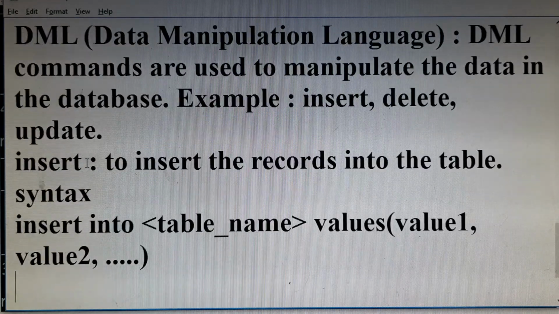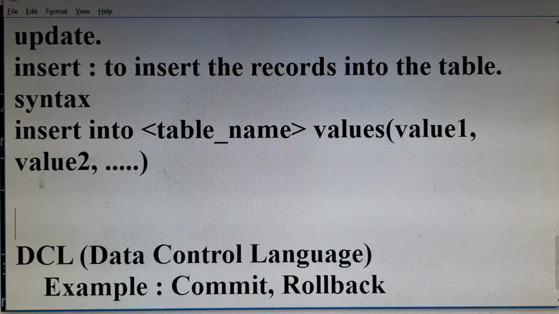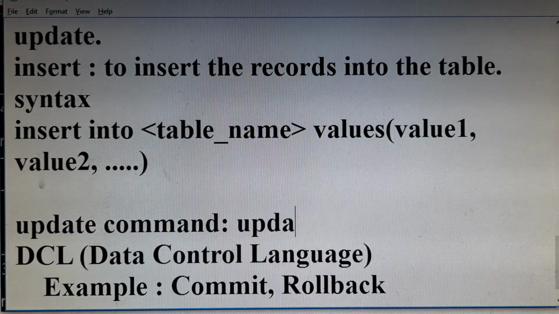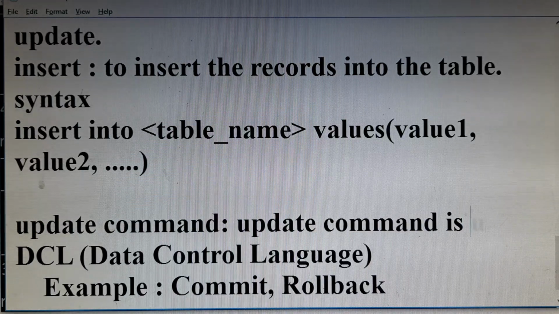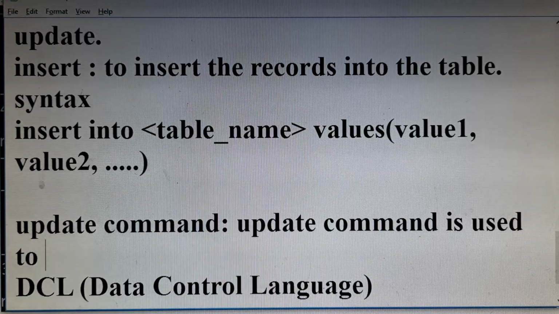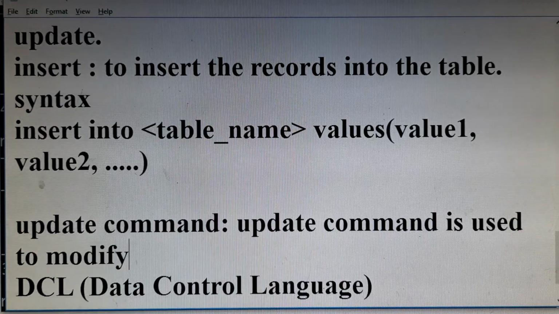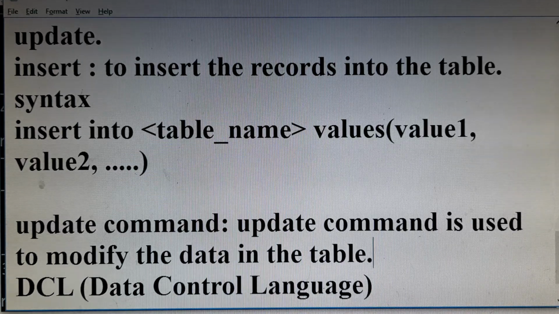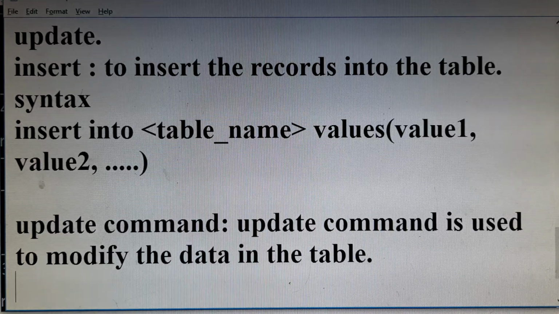So using an update command, what can we do? Update command is used to modify the data in the table.